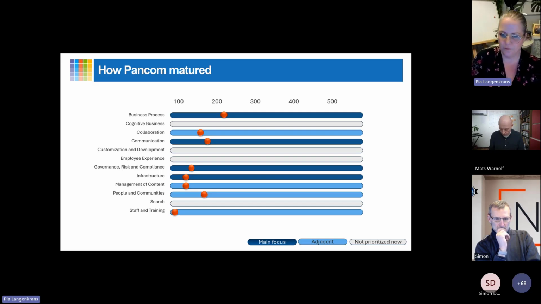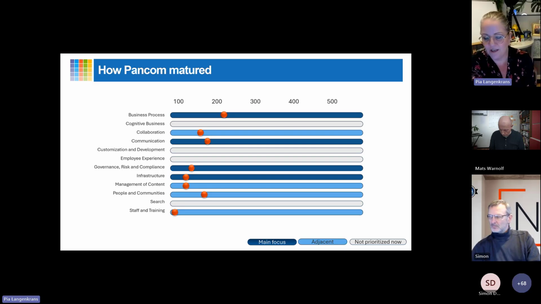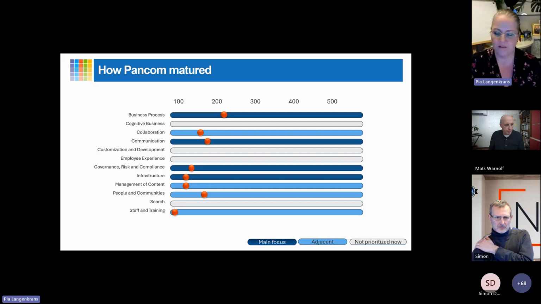But now, based on this incident that happened, it was clear that we needed to do that because of information security and IT security. People don't understand all the little things that are happening all the time. And at the end of the 12 months, they've moved it a lot forward. We can see that governance, risk and compliance, and infrastructure really took a big step here. And this is huge.